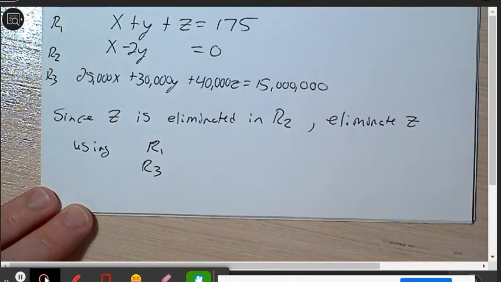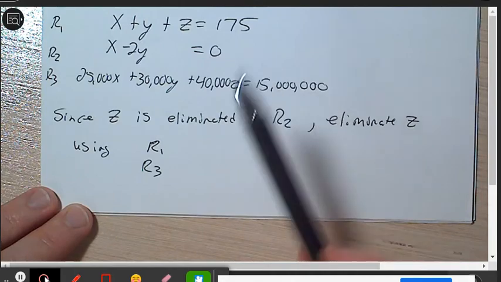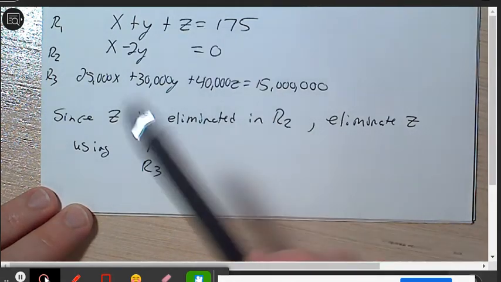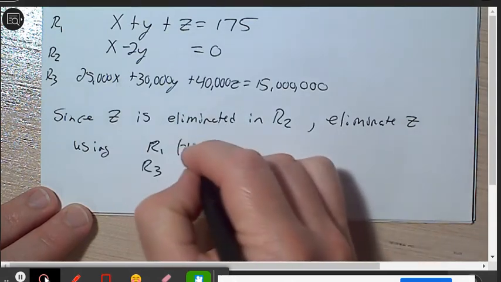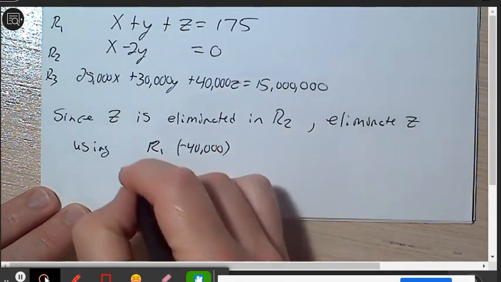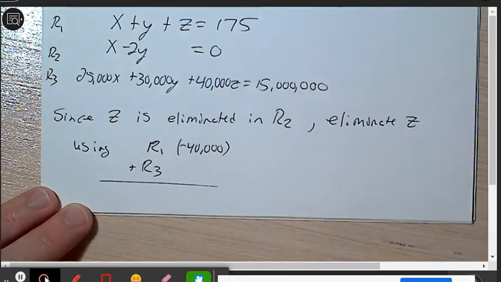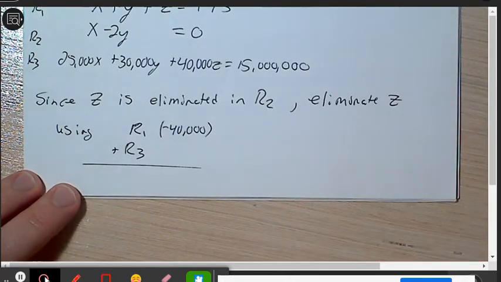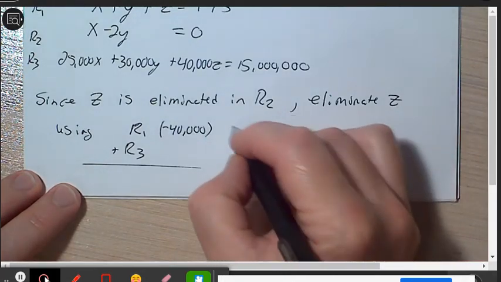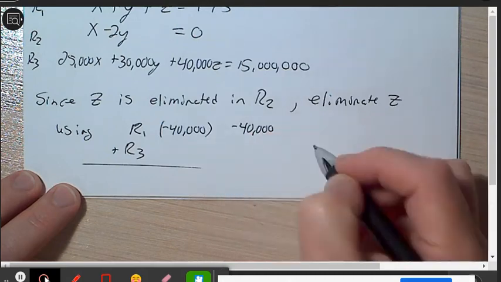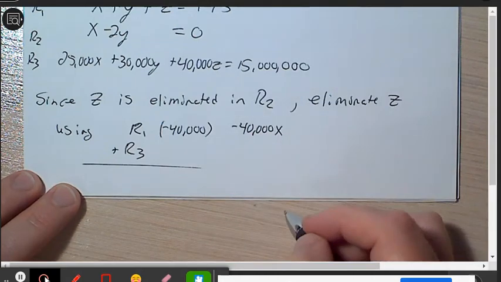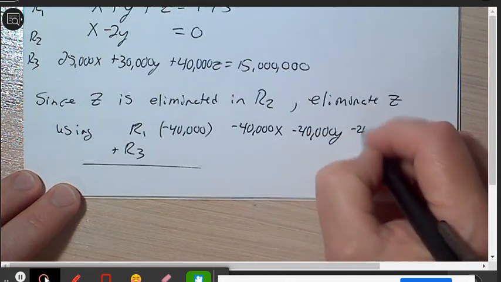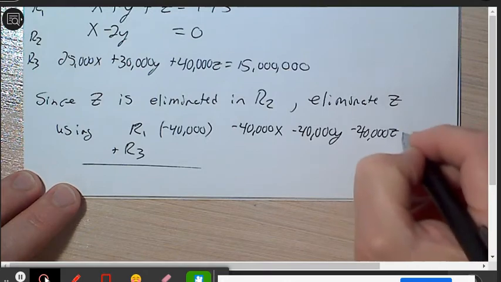Okay, so to do that, we're going to have to take negative 40,000 times row 1 because we need that to be positive and negative. So we're going to take row 1 times negative 40,000 and add that to row 3, which is not going to be very pretty, but anyway, we'll get it going here. Okay, so that's going to be negative 40,000 X, negative 40,000 Y, negative 40,000 Z equals,